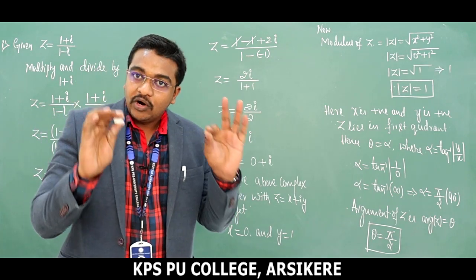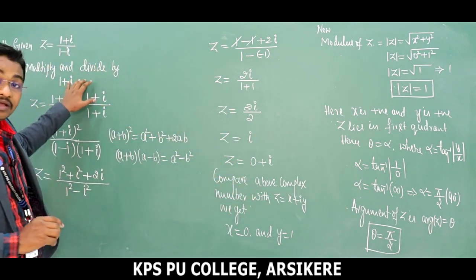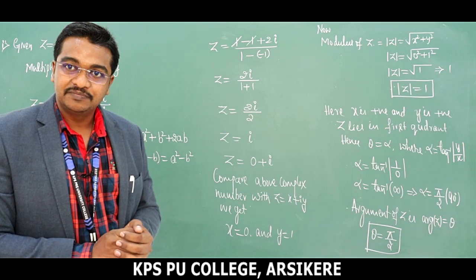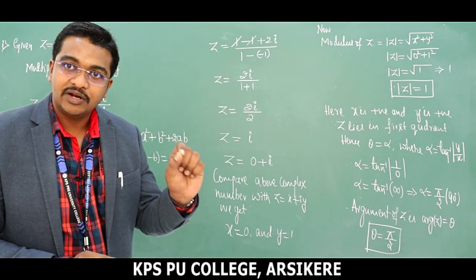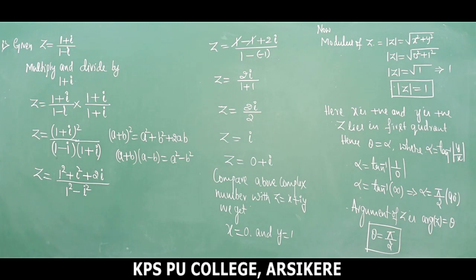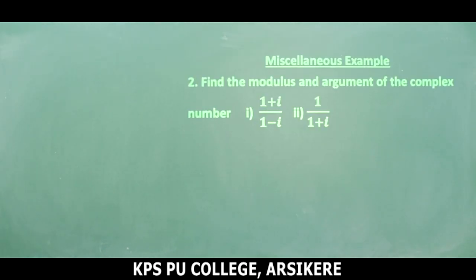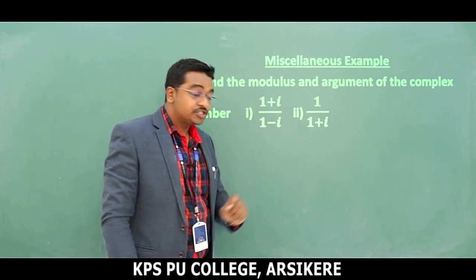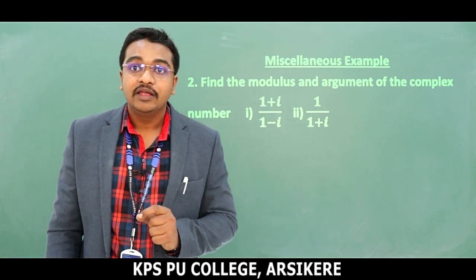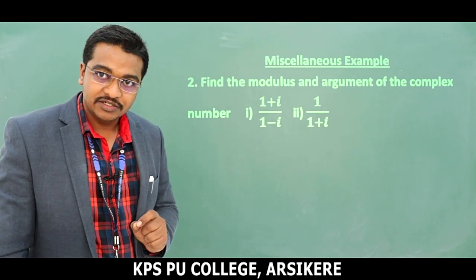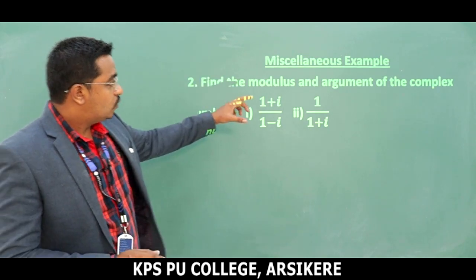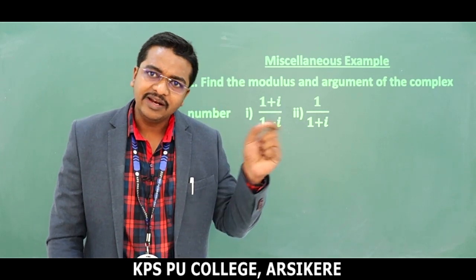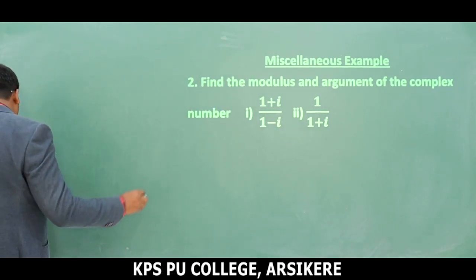Here we are finding modulus and conjugate of the given complex number. Method is very simple. Convert the given complex number to general form, then simplification. Take a pause and note down all the things that I have written here. Now dear students, we are moving to the next problem, the second question: 1 divided by 1 plus i. Here we need to find modulus and conjugate. Just follow the previous method. Multiply and divide by the conjugate of the denominator, then simplification. Take the given complex number as z.